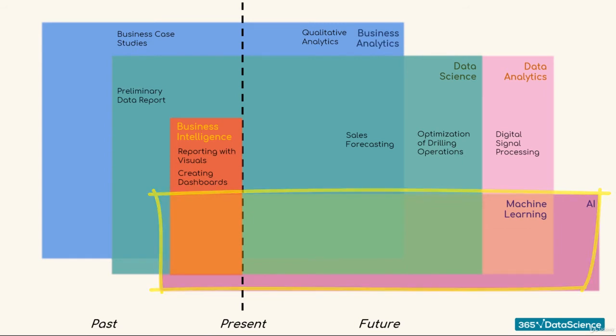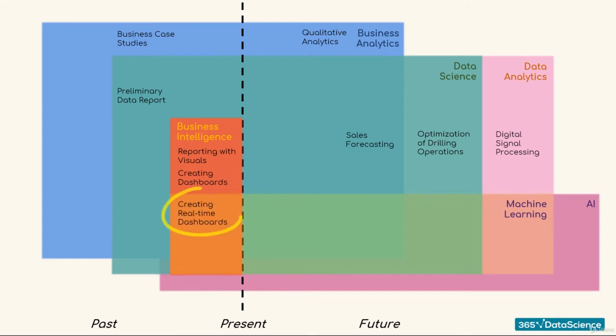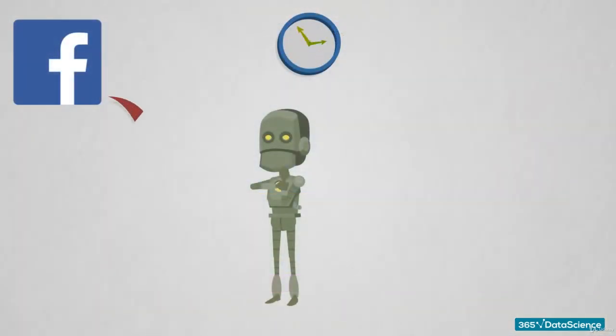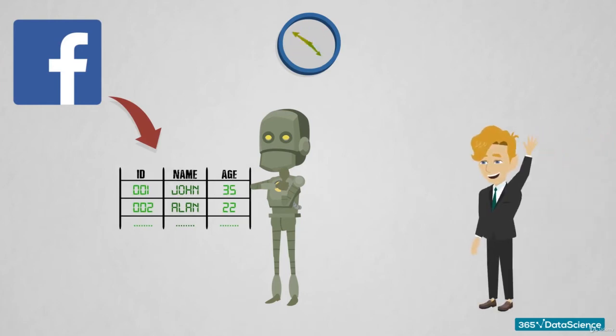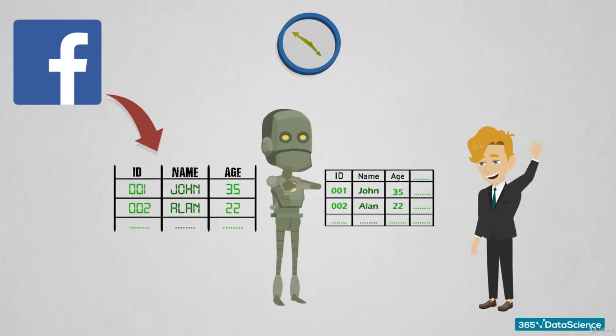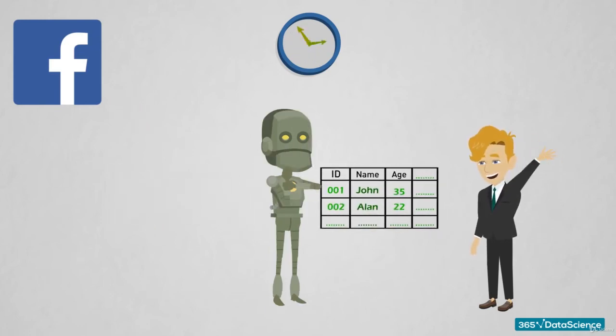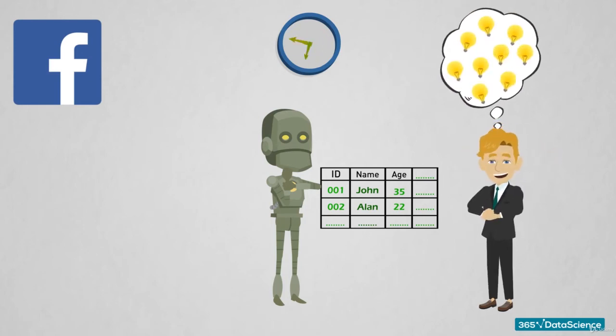All right, let's provide a few examples. The demand for accurate, real-time dashboards opens space for machine learning applications. Machine learning software can pull data from third-party companies, such as Facebook or Shopify, detect new patterns from their data, and thus suggest real-time recommendations and insights to managers and other decision-makers. This is a great way to improve the performance of your business as soon as there is a chance to do so.